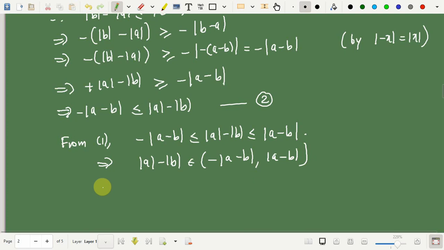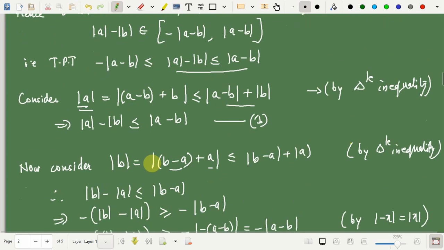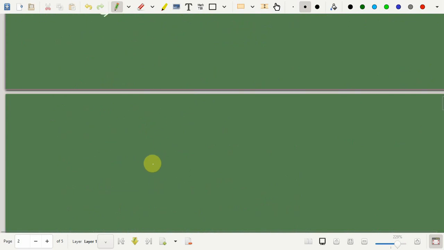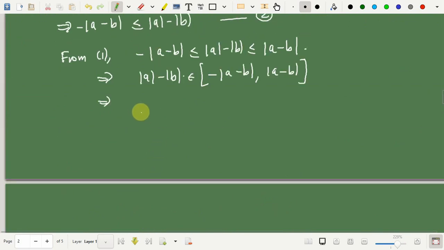And therefore, by the result, okay, I made the same mistake over here. This has to be a closed interval because we are including the end points, and therefore, by result 5 we get this is equivalent to saying that